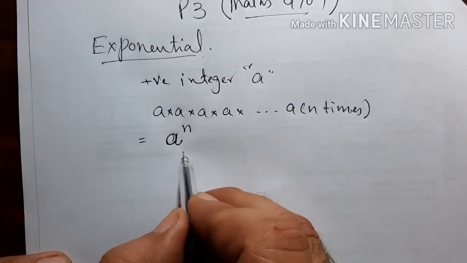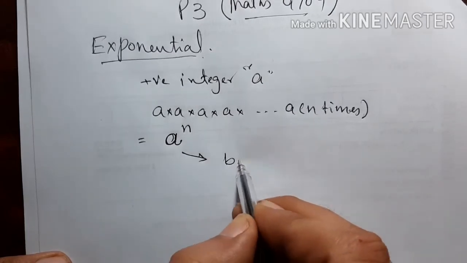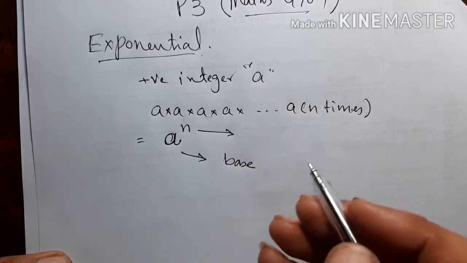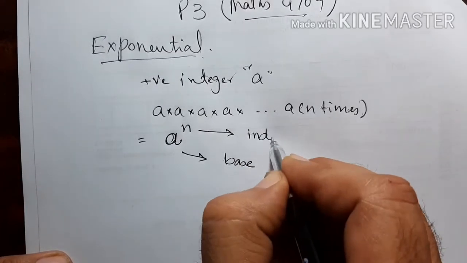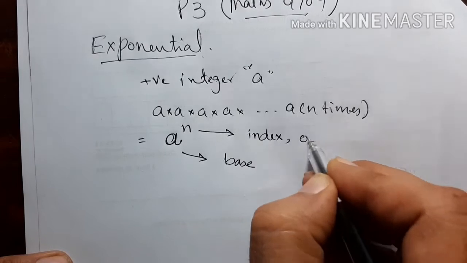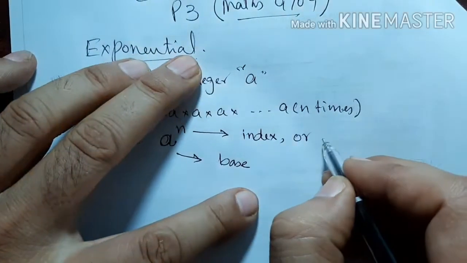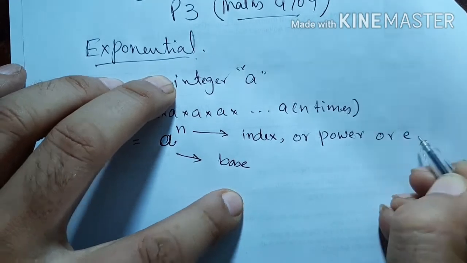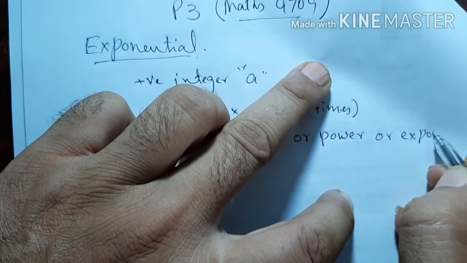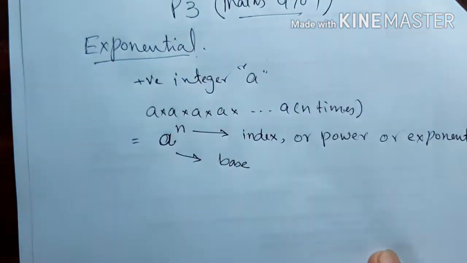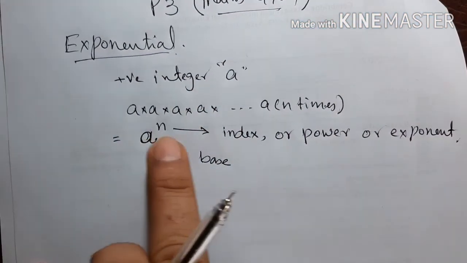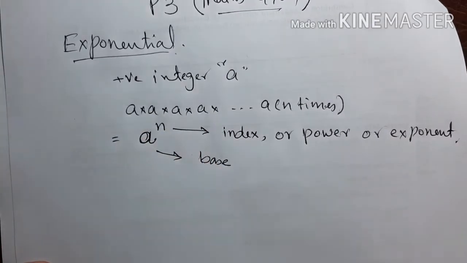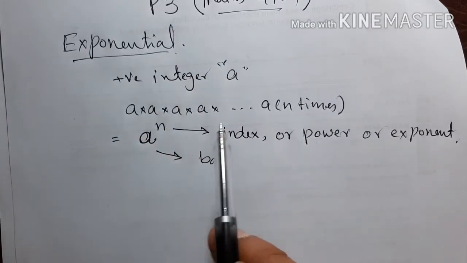where a is the base and n is called index or power or exponent. So actually this n is called exponent. That's why this is called exponential. So